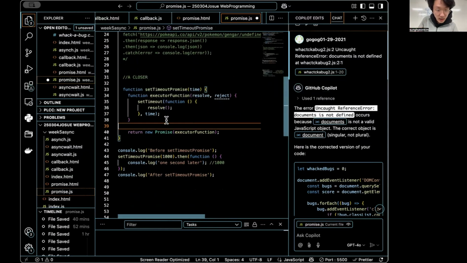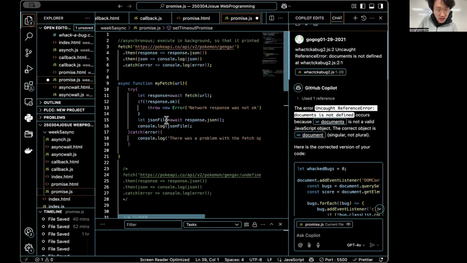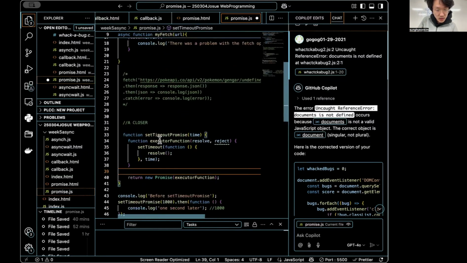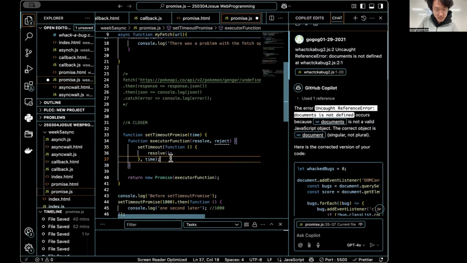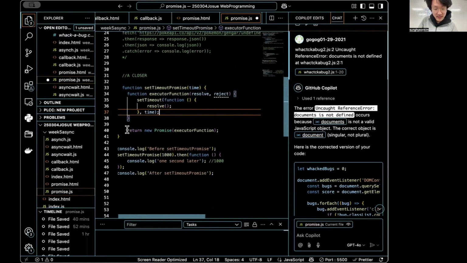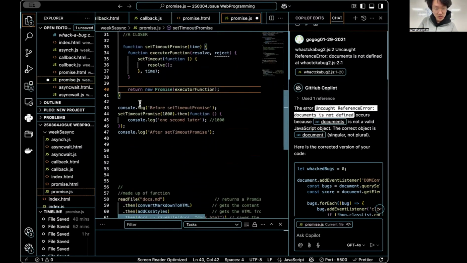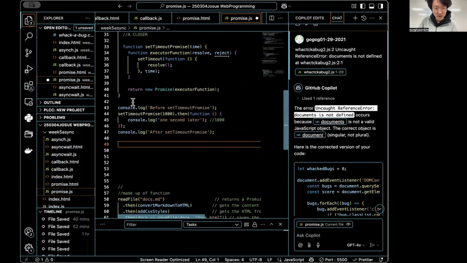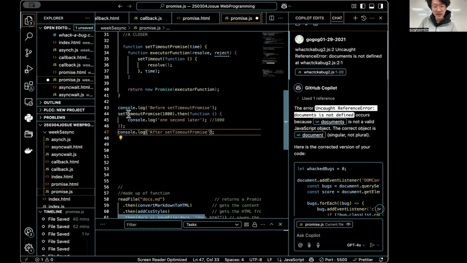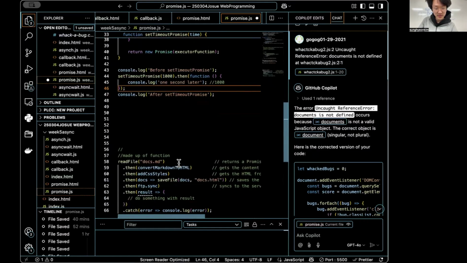You can see how a promise works here. In this function, you can see resolve and reject. The setTimeout function resolves after the time, and then it will return it. console.log, setTimeout, promise 1000. So 1 second later, it will resolve this.